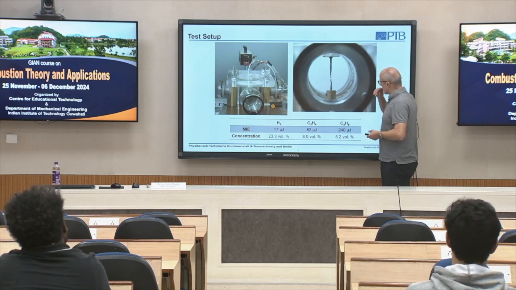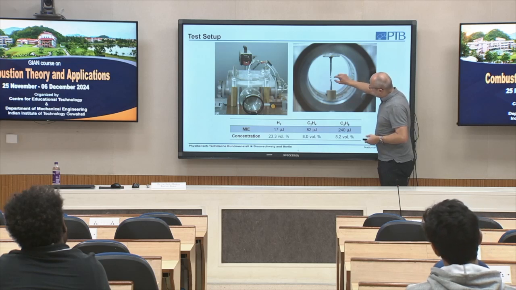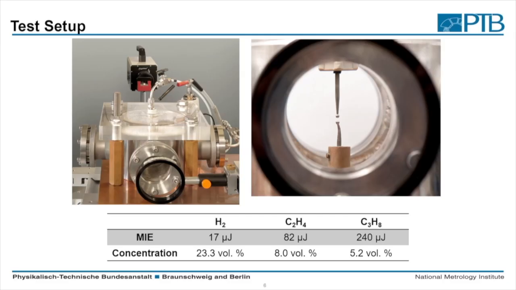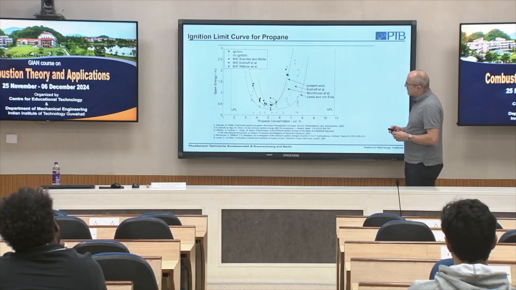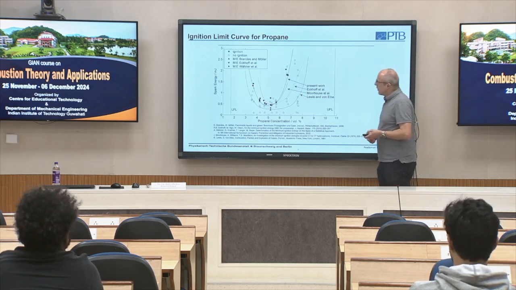We can adjust these electrodes so that we can optimize the spark gap. We can exchange, of course, the electrodes to test other materials or other shapes of the electrodes. And so this is